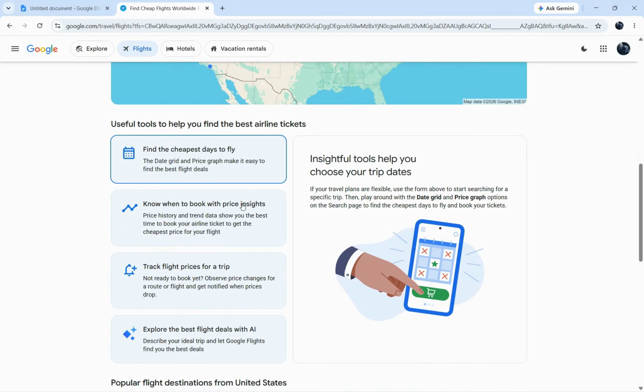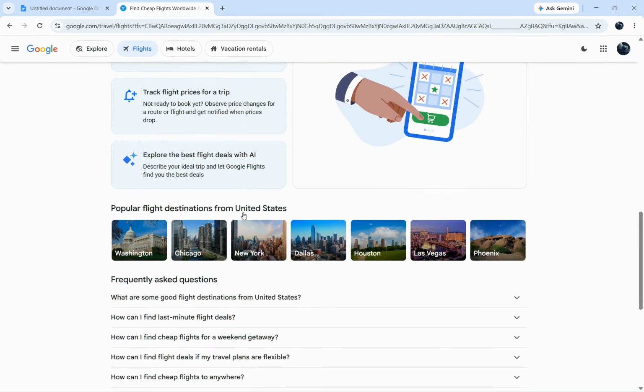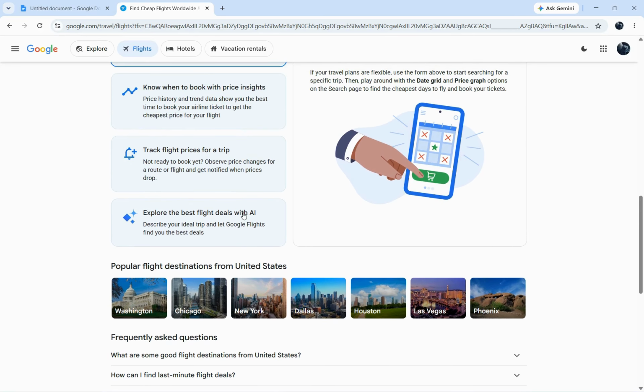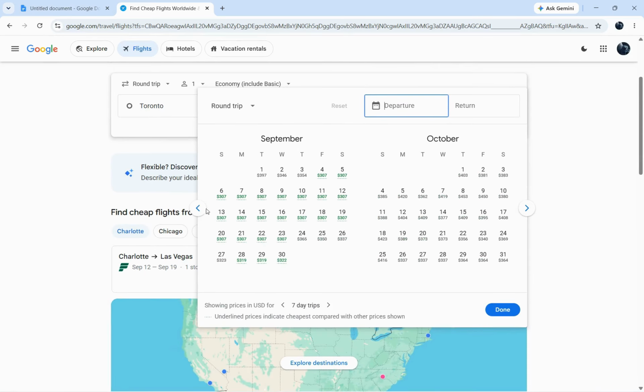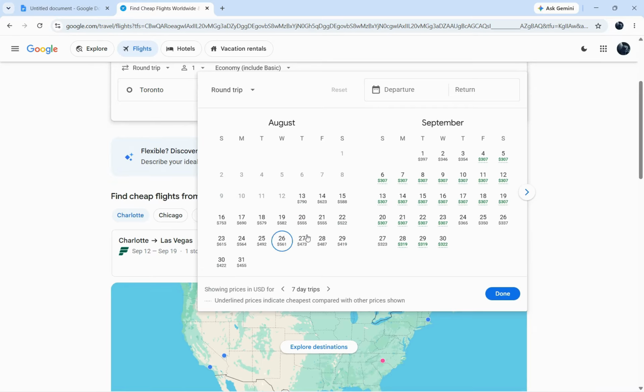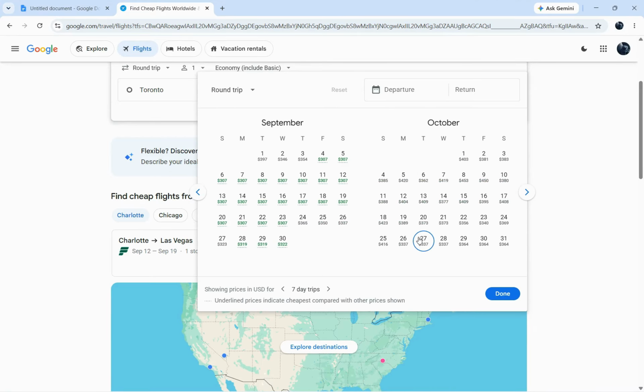It also gives you insight. Also, it's not just about flights. It gives you popular destinations. It has AI, of course. It has AI useful insights on where to travel, the best places to travel, wherever you want to go. So yeah,